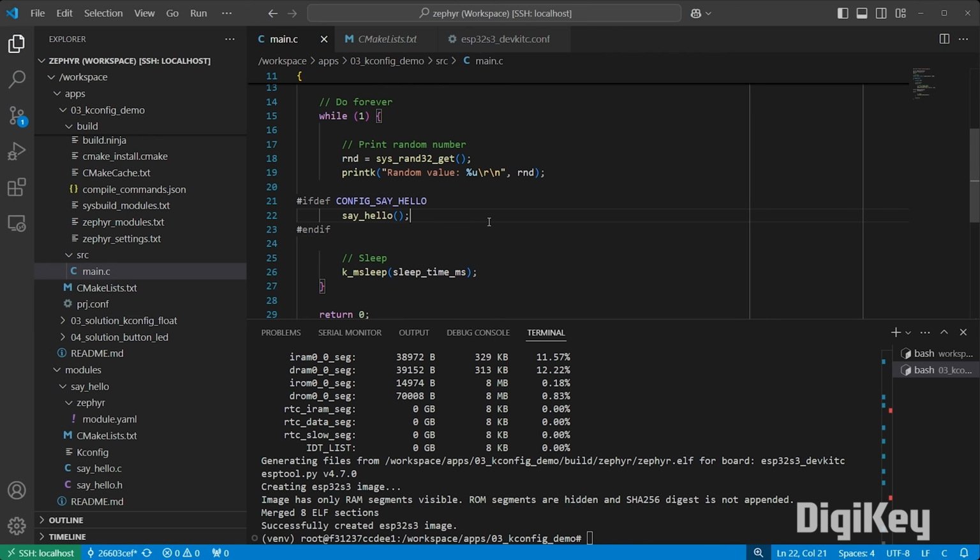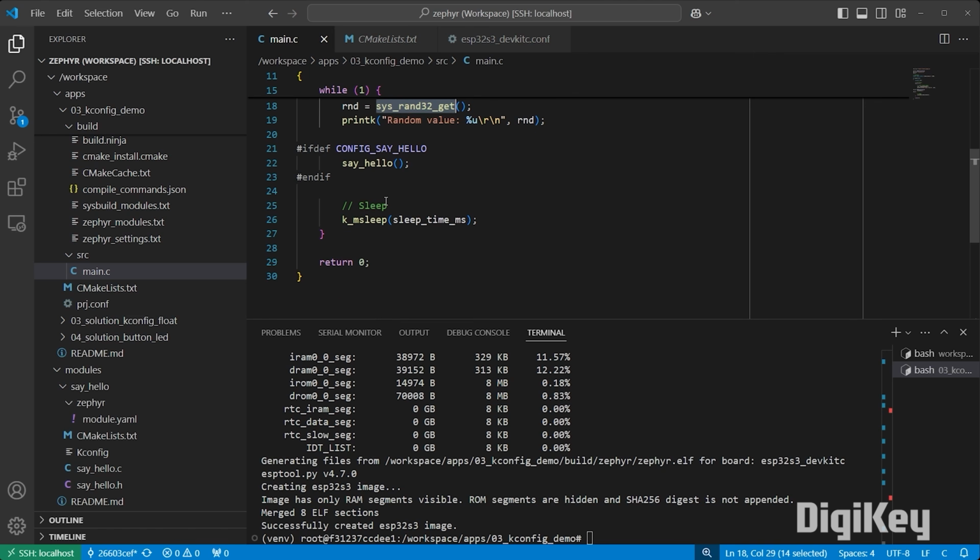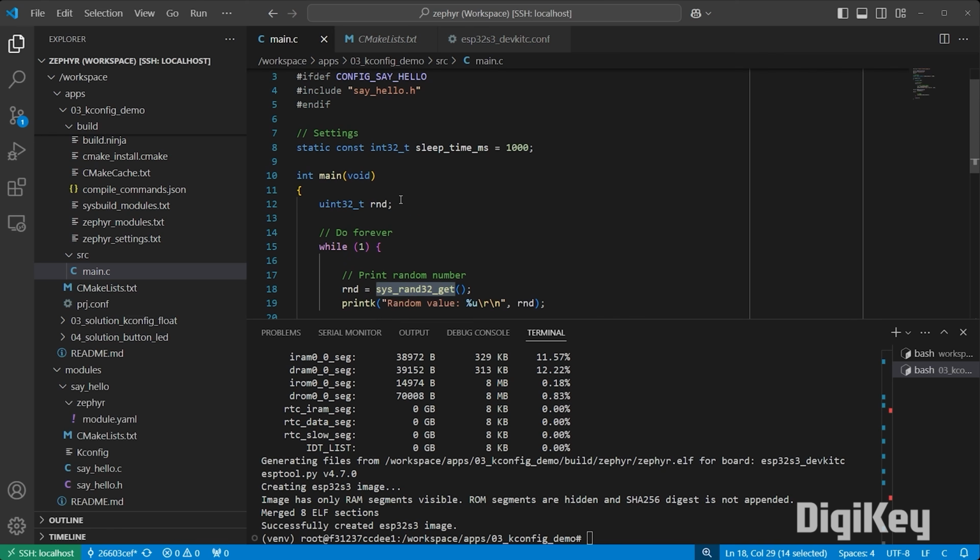Let's go back to our code. This function here, ran32get, gives us random 32 bits. You can imagine that the bits are either 0 or 1, just kind of randomly distributed. In theory, this should give us a random distribution between 0 and about 4.3 billion. Feel free to keep the config say hello here if you want, but what we want to do is go